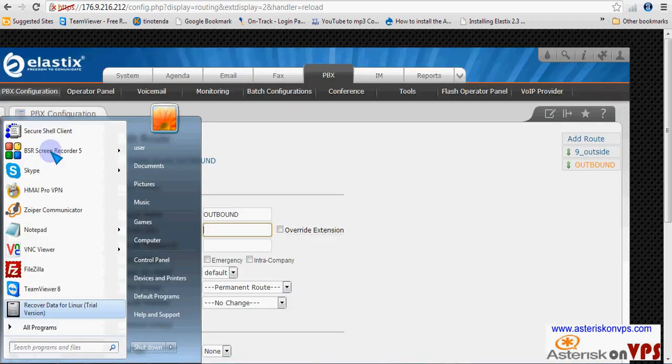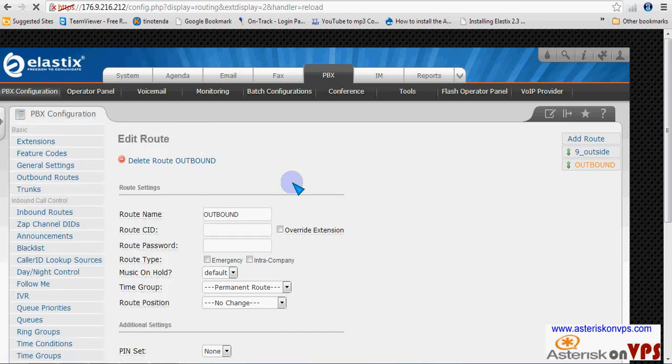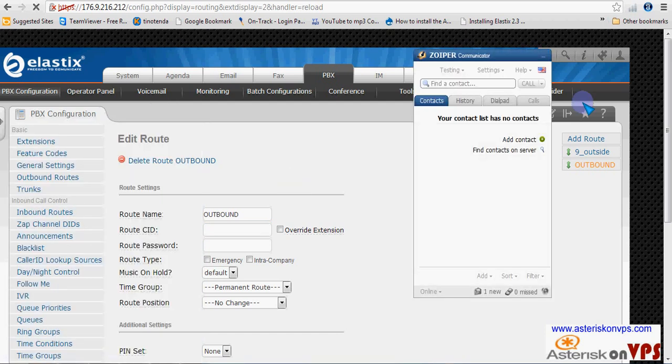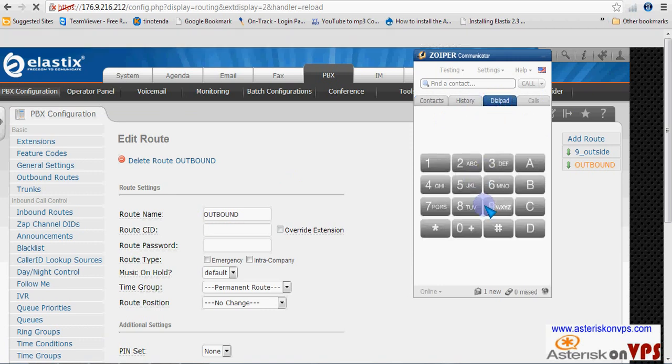Just want to apply that. So if that IP address was registered at Net2Phone, if we were to make an outbound call here using our testing extension, if we were to make an outbound call to South Africa,